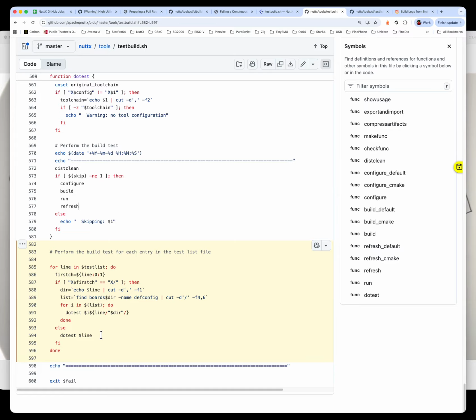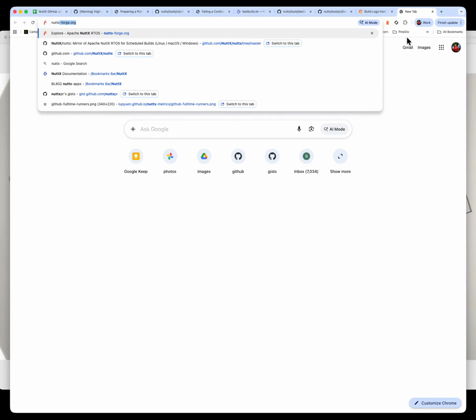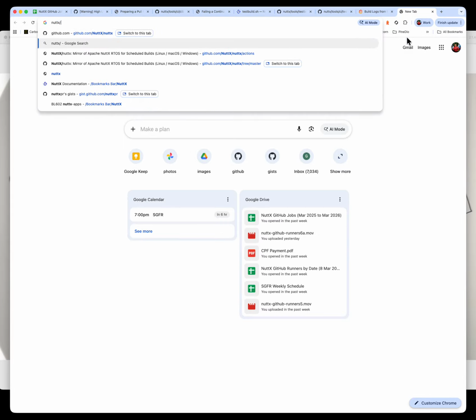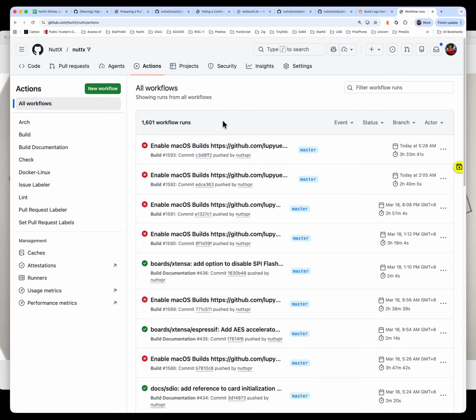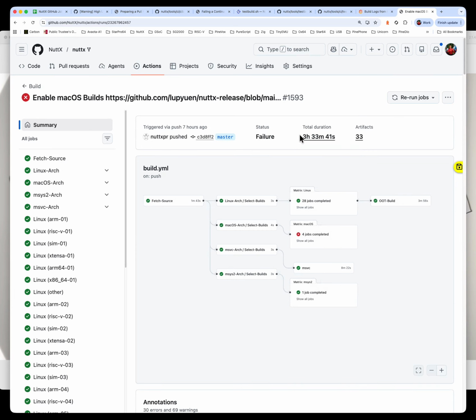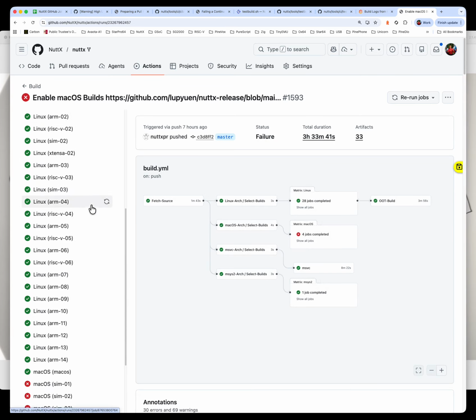And I think this is our best next course of action. We have to implement the retry logic here, and we have to test it. How will we test it is that we have a NuttX mirror repo. NuttX mirror repo is used to run scheduled builds. Every 3 hours or so, it will schedule a full build of NuttX, assuming that there are PRs that have been committed recently. It will do a full build, and